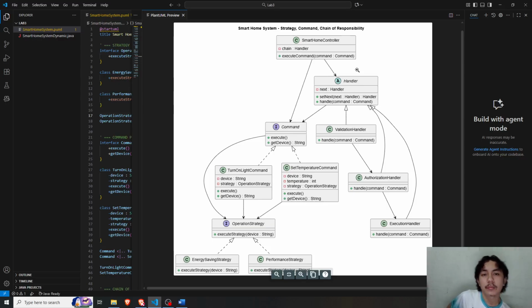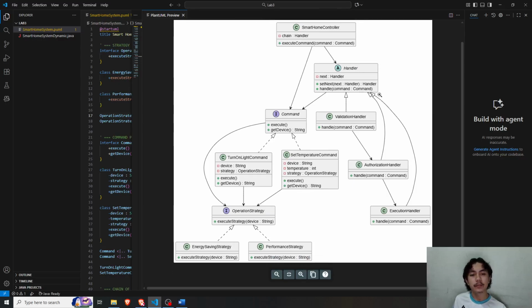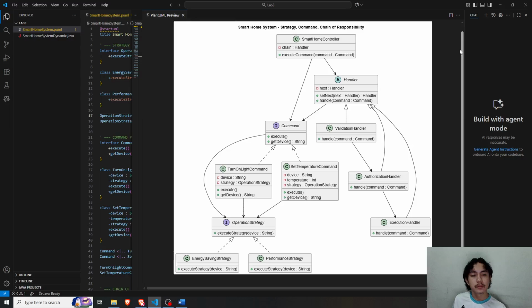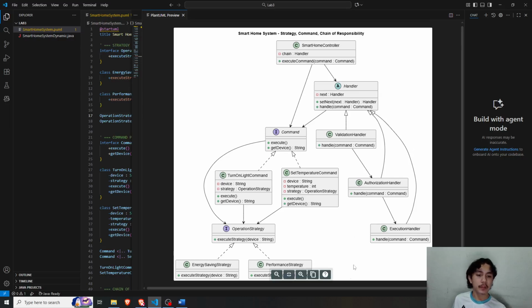The handler and the command implement the smart home controller. Also, the handler interface is implemented by the validation handler, authorization handler, and execution handler. For the command, we also have two commands we discussed earlier, the turn on light command and the set temperature command.